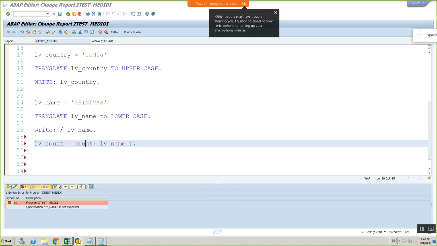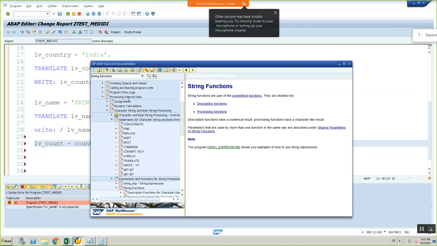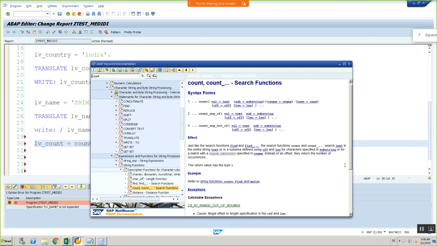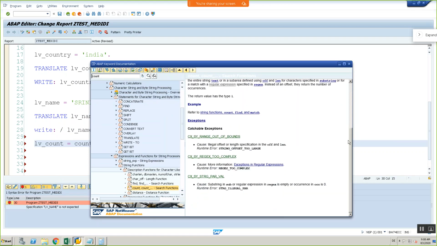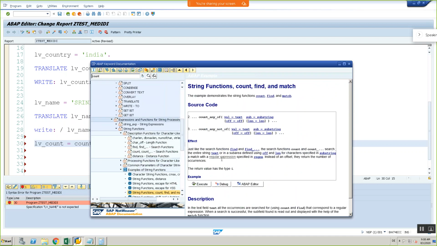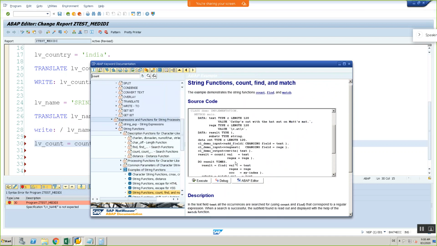One second. I forgot all these functions. Count. Built-in function. See, this is how we can get string functions: count, find and match. Count of.